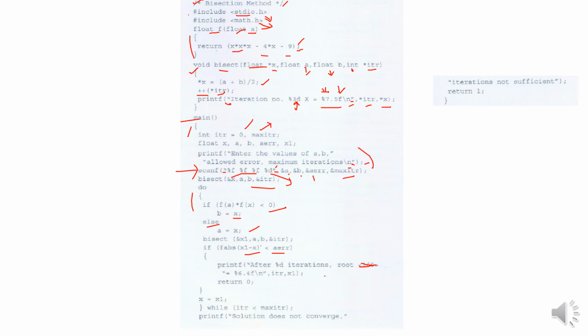then iteration and x1, so this may be for x1, and here we can have percentage. Before this we can have percentage d for iterations, so we can say 3d,